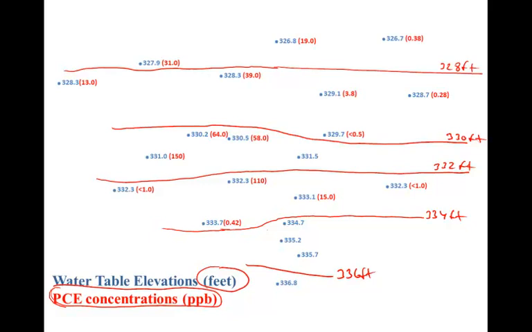Next step is to draw in groundwater flow lines, so in the direction that groundwater is traveling, based on the direction of the hydraulic gradient as revealed by mapping the water table. Lower elevations up here, higher elevations down here, water's flowing from south to north through the map area.